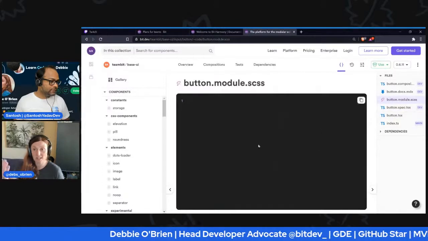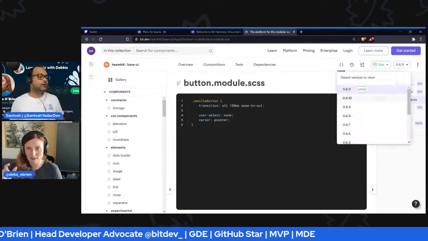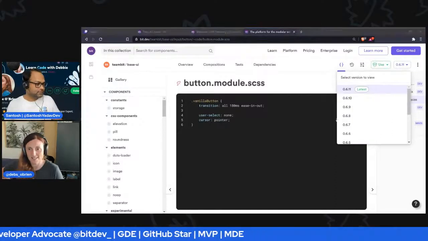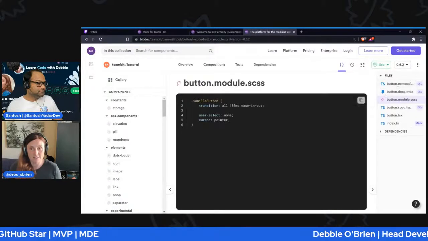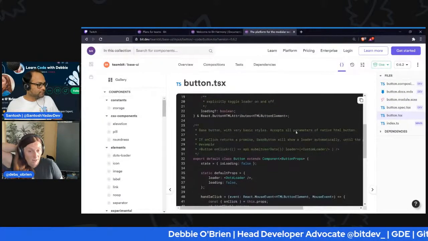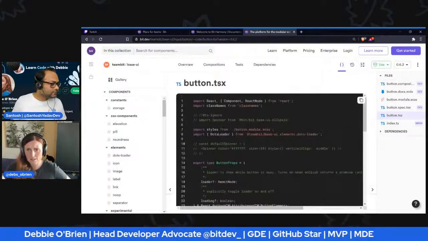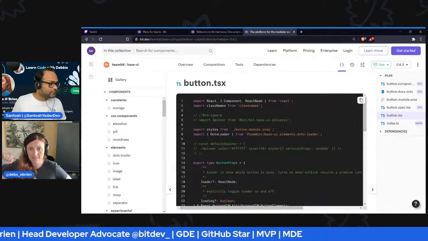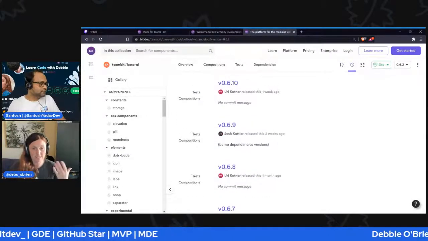Oh, and then you've got the change log there. You asked about versions. If you click on that clock, yeah, exactly, you can see all those versions and you can switch a version and you'll see the different code, and you could probably check the different overview tab. I think it shows it in the clock, it looks like a clock next to the code. So this will show you all those different versions.